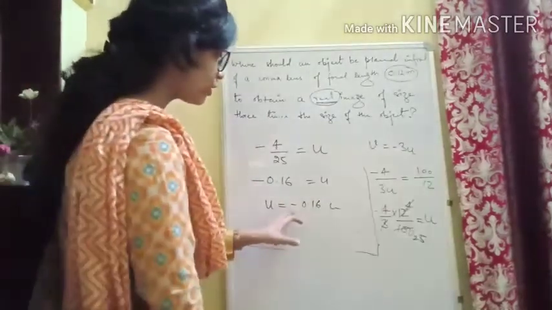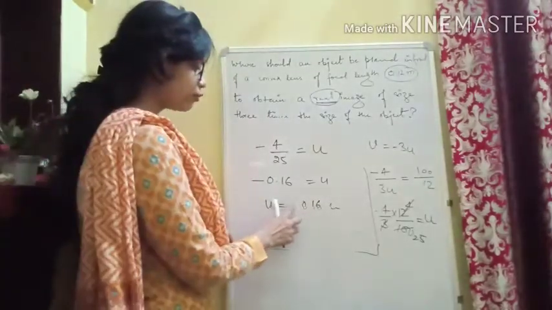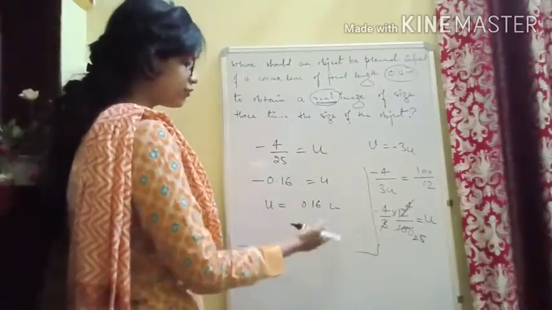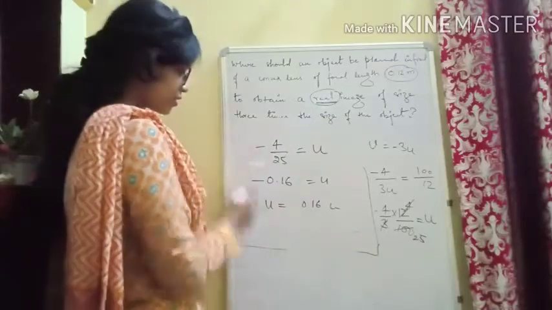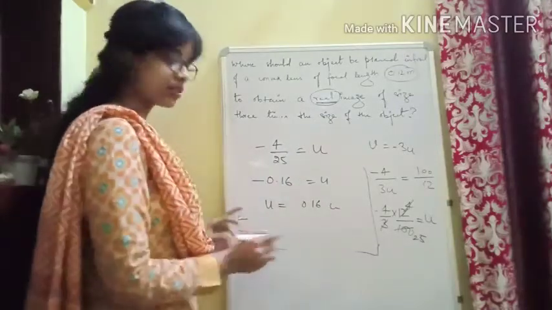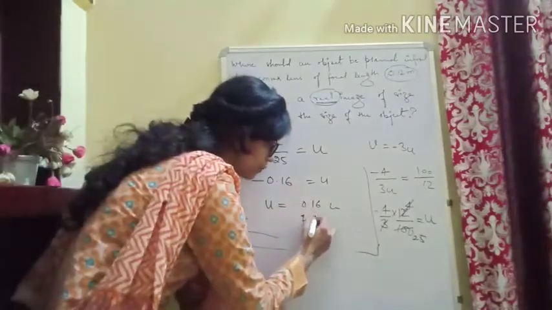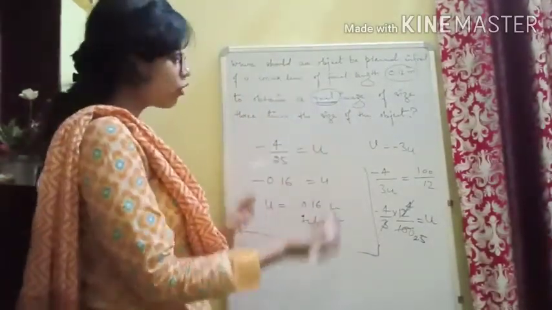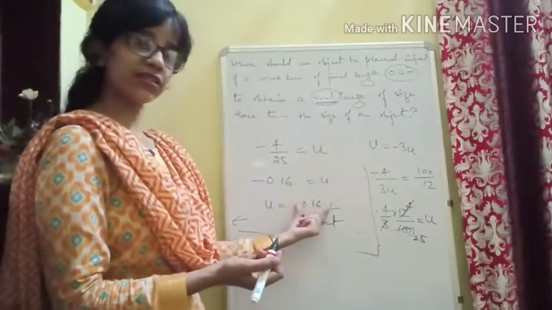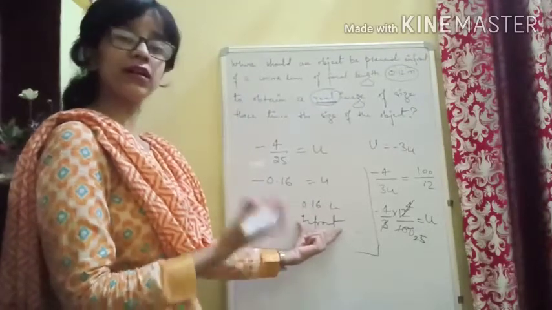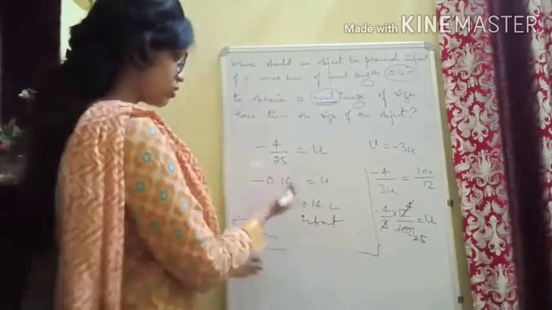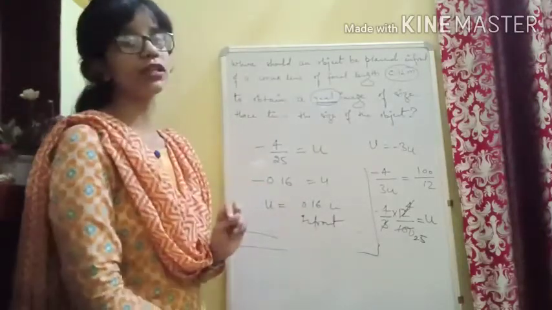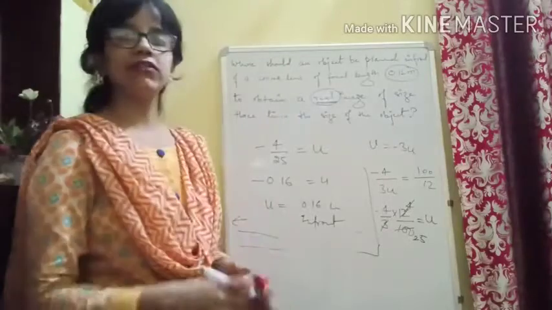This minus sign, you can apply it, or if you are removing the minus sign, that means the object is placed in front of the mirror. This is on the left hand side, no? You know that this side will be your minus side, so you can simply write that it will be placed in front of the mirror. Whether you put the minus sign or write it as 0.16, you have to indicate where the position of the object is. Since it is left hand side, minus, it is in front of the mirror. So this is what we were supposed to calculate.